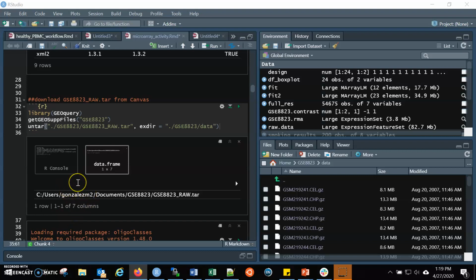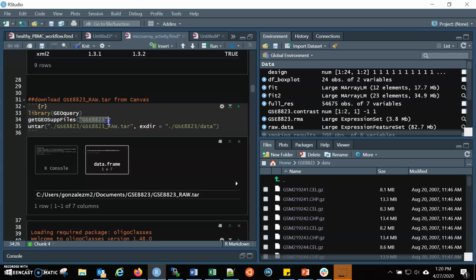All right, so now that we have all of our libraries installed, we can move forward with actually downloading this data from the GEO database. Even though we installed these specific libraries, now we have to load them into our environment. We do that by calling this library command and saying we want to load the GEOquery library. Once we do that, it'll allow us to use this particular function called getGEOSuppFiles,